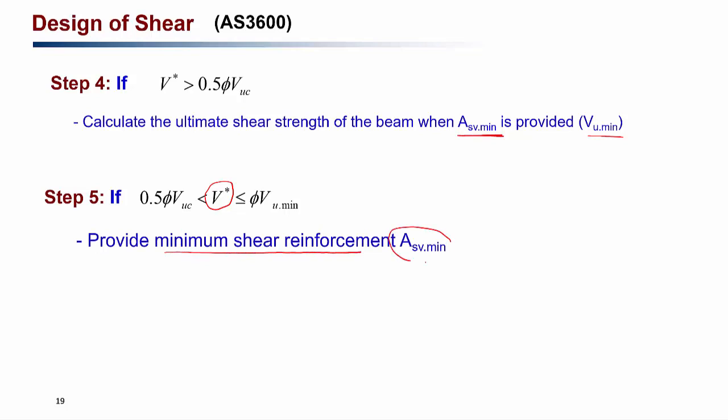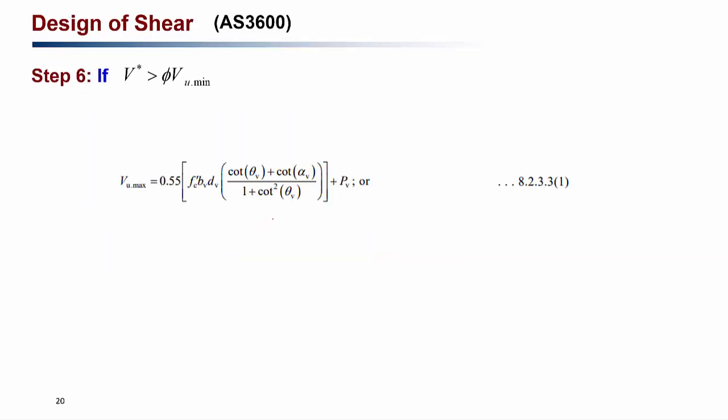That you just have to provide Asv.min. So we are checking whether minimum shear reinforcement is adequate or not. So if the shear force is coming less than phi Vu.min, that means just provide the minimum shear reinforcement and you can get away with that. But if V star is now greater than phi Vu.min, that means you actually have to design the shear reinforcement. Before you do that, you need to check whether your shear force is greater than phi Vu.max or